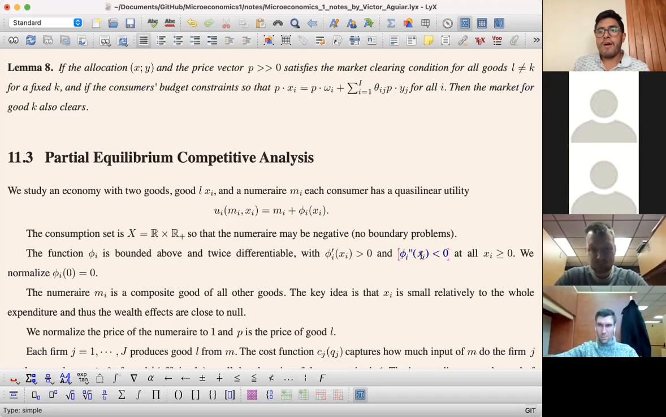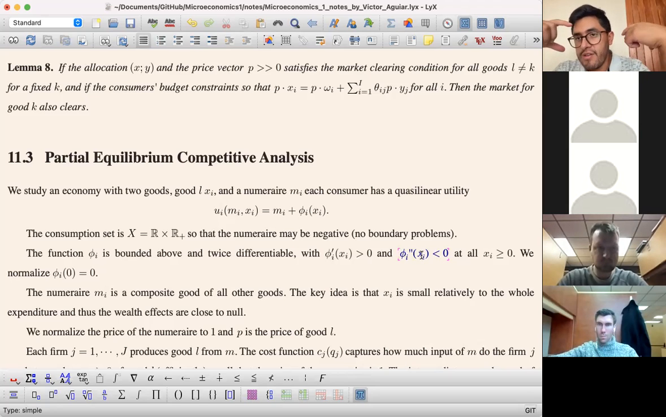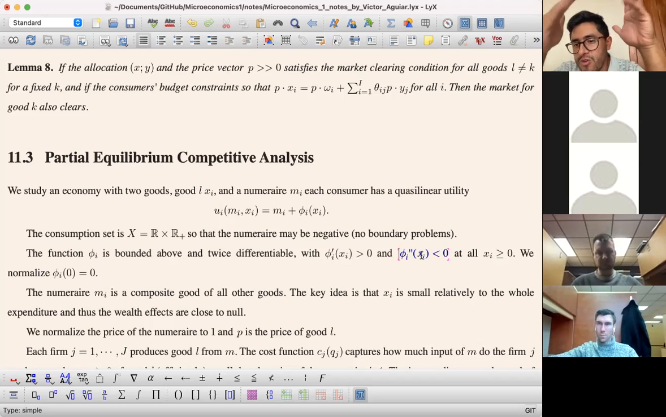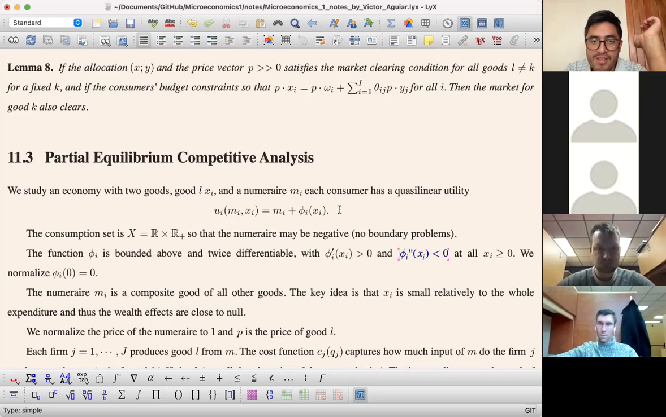The numeraire m sub i is a composite good, a nice word in econ. Composite good is a magical word. It is a modeling device, defined by one great economist, Lancaster, and Varian and others, that essentially says, because we have this linear budget constraint, we can just stack everything that is not corn together into one single good, right? And then assuming your utility is separable,